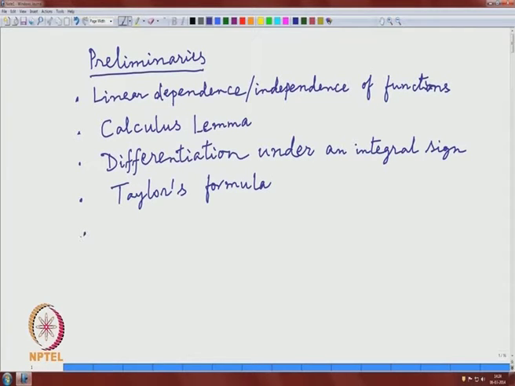Okay. And finally, we will also discuss some fixed point theorem and some related issues. This is referred to as Banach fixed point theorem. So, we are going to learn about that. Okay. So, let me start with